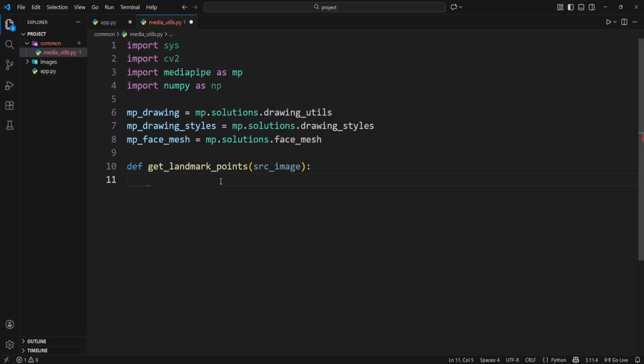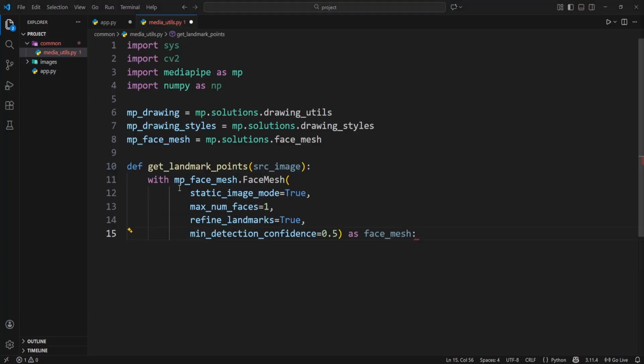Then inside that function we need to create a face mesh object. To create that, I'm going to type with mp underscore face underscore mesh. From MediaPipe face mesh, here I access this function called face mesh, and inside this function I pass some parameters and open it as face mesh. I create an object with this function, a face mesh object, and as you can see, in this function we pass